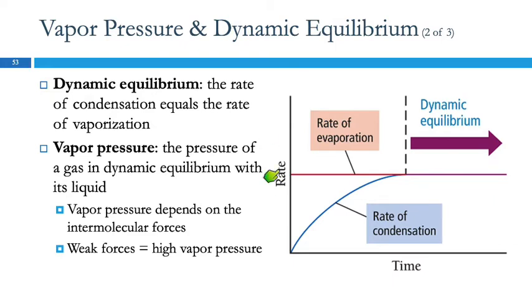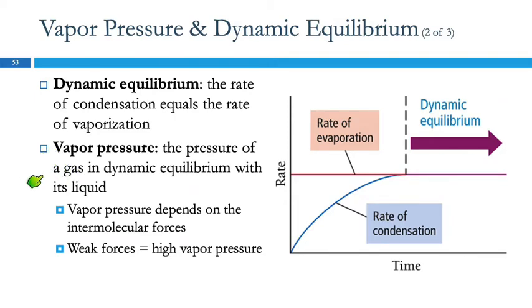So we can look at the rate of these processes as a function of time. Rate of evaporation is constant because that depends on surface area and temperature. Those are not changing. But the rate of condensation depends on the concentration or the pressure of that substance in the gas state. The more particles in the gas state, the higher the rate of condensation. So this is going to grow as evaporation occurs, and eventually these are going to meet and continue at the same rate. So that's a dynamic equilibrium, and vapor pressure